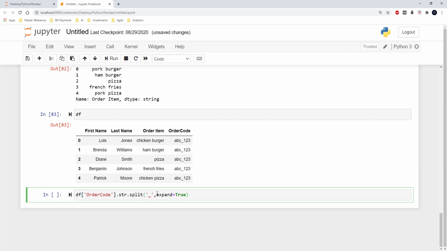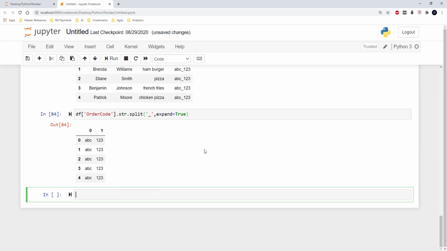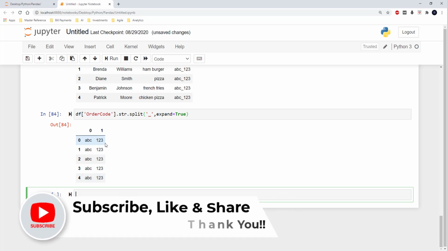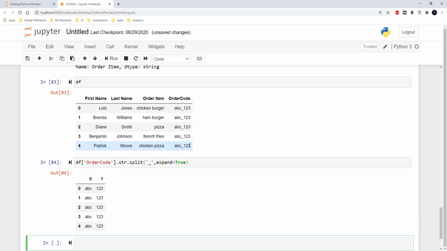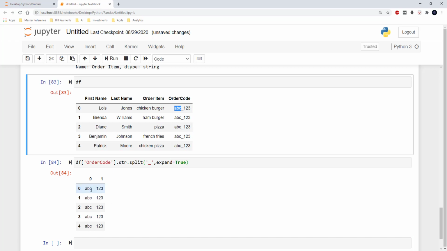So here when I run this piece of code, you can see that the output has 2 columns, and one column has ABC and the other column has 1, 2, 3. So this is derived from this order code column, where the values to the left of the underscore are all in the first column here, and the values to the right of the underscore are split into the second column here.